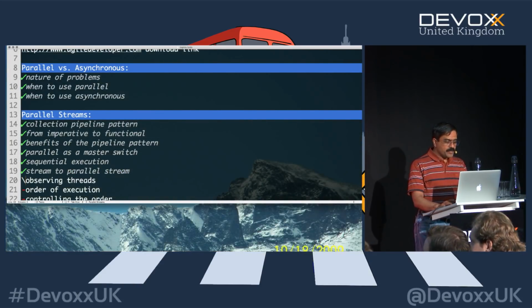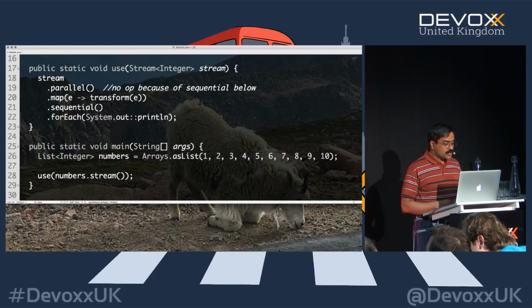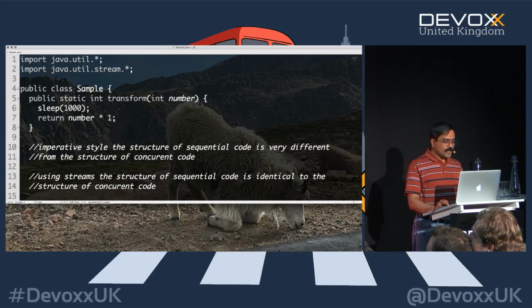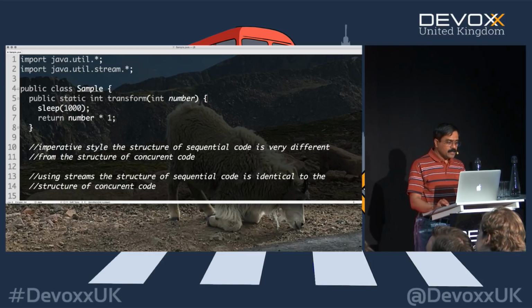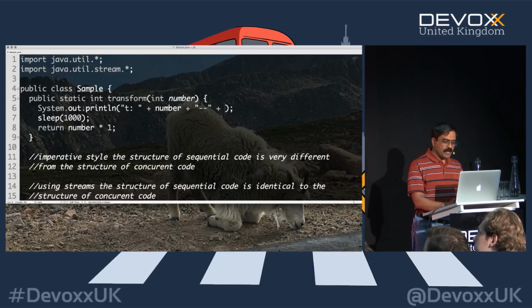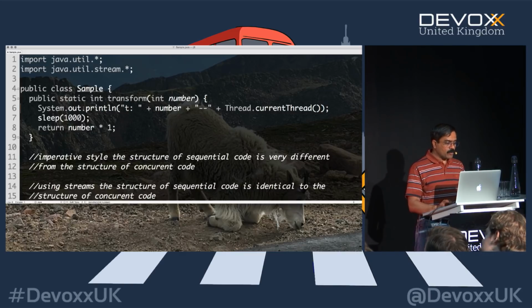Well, let's talk about observing the thread really quickly to see how this actually works. So to understand how this segment works, let's get rid of a few things and work through it. So let's go back to this transform method. In the transform method, let's output right here a little t colon. Let's put the number that we are working with. And then let's go ahead and output, let's say, the thread information. We'll say Thread.currentThread, so we can take a peek at the thread of execution of the transform method.